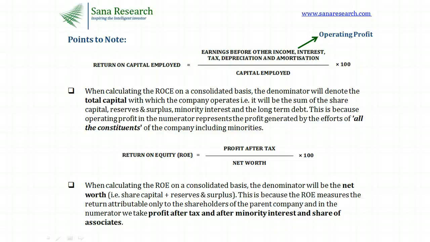Now at the end, let's just quickly go over a couple of very important points which you should keep in mind. When calculating the return on capital employed on a consolidated basis, the denominator denotes the total capital with which the company operates. Now, one way of looking at this is that this is done because the operating profit in the numerator represents the profit which was generated by the efforts of all the constituents of the company, including the